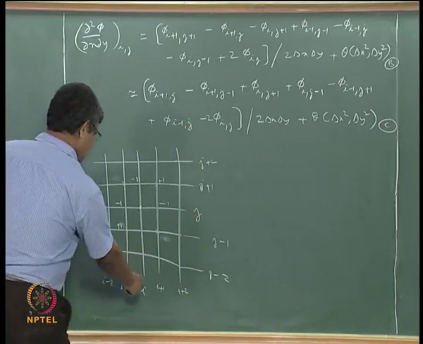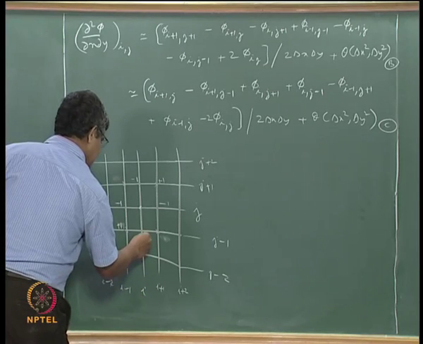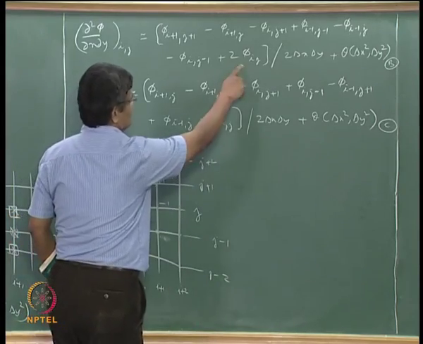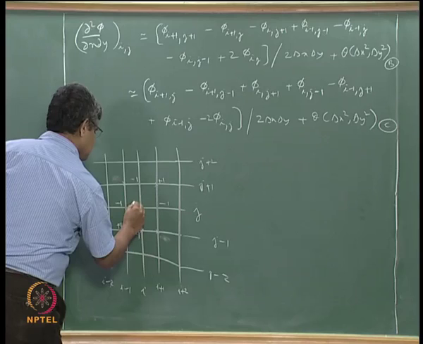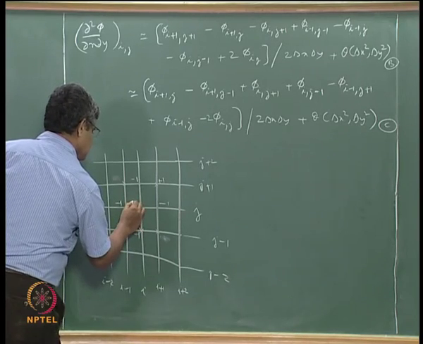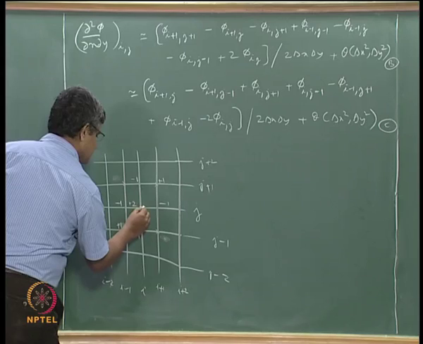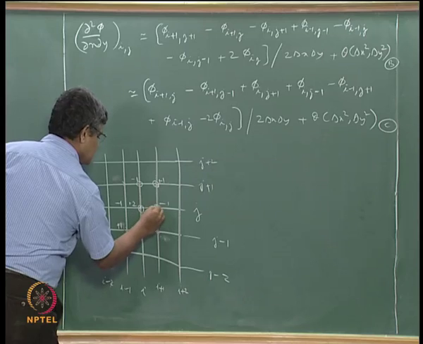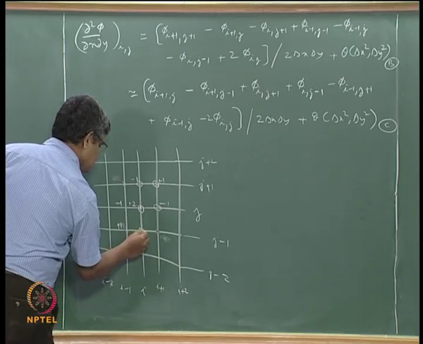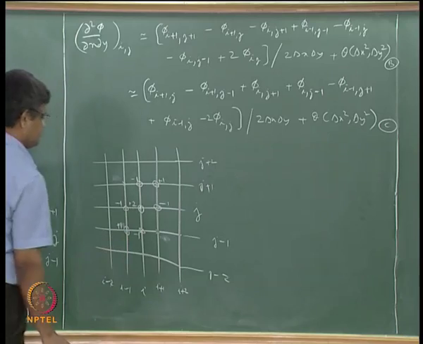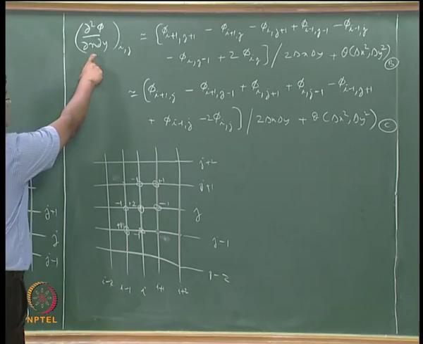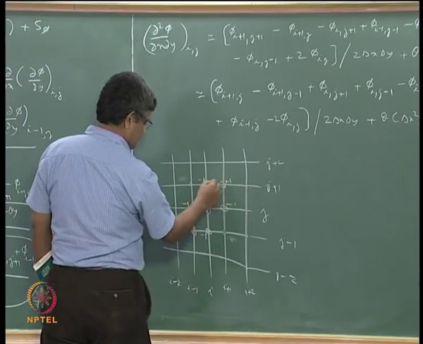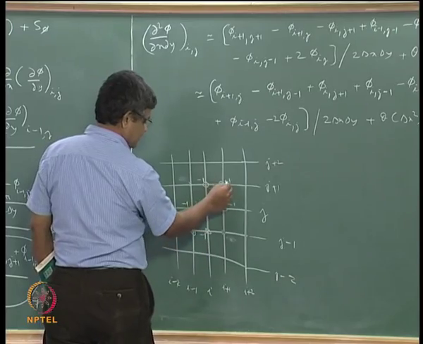ij minus 1 is this one. This is minus 1 and plus 2 ij. So this is 2. Okay, so we have contribution from this. So the second derivative here is expressed in terms of 1, 2, 3, 4, 5, 6, 7 points here, and